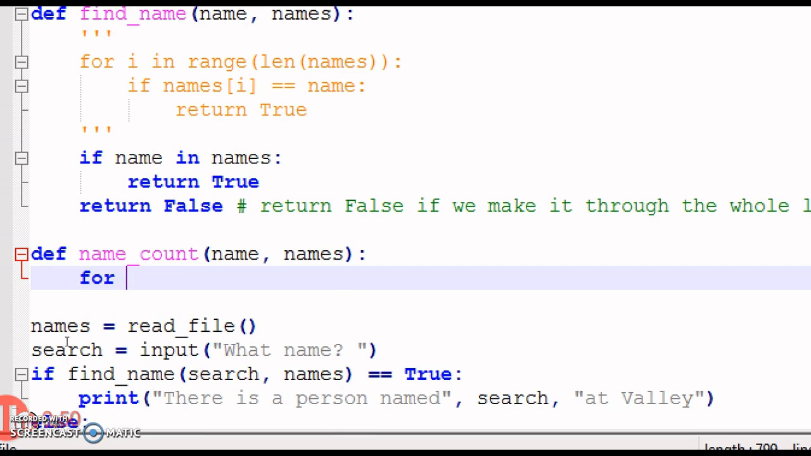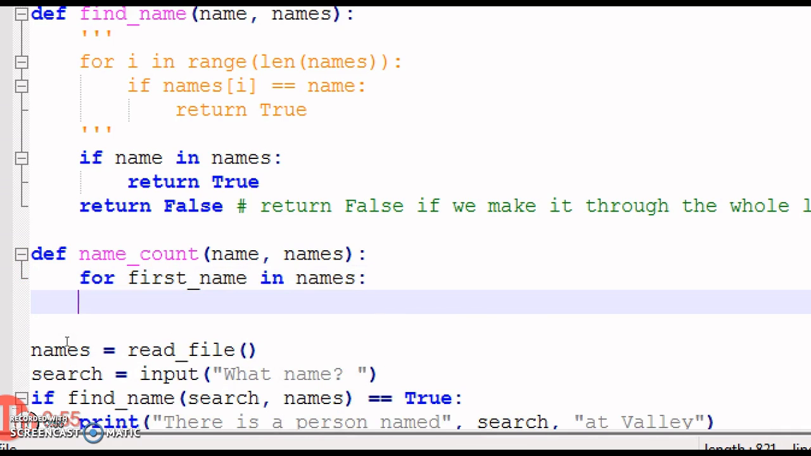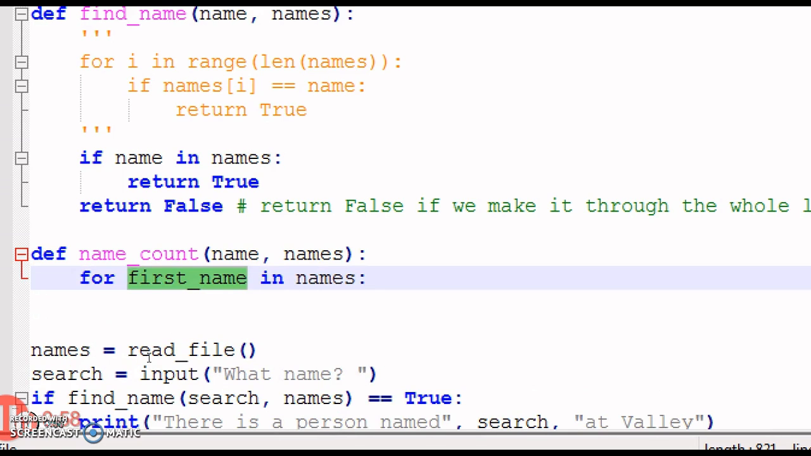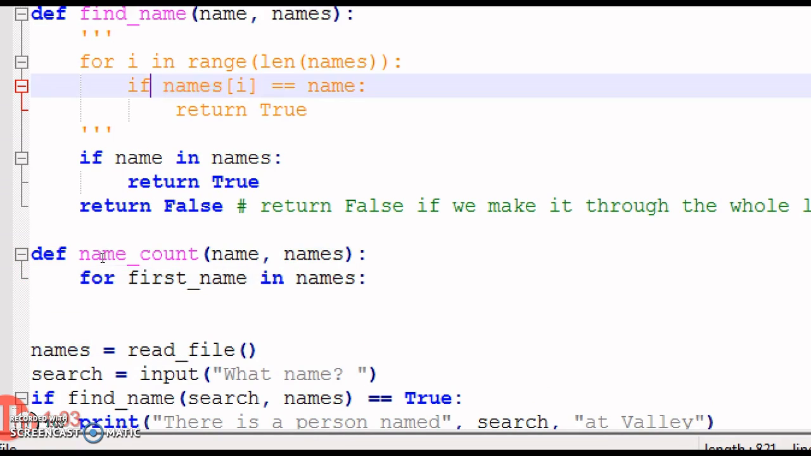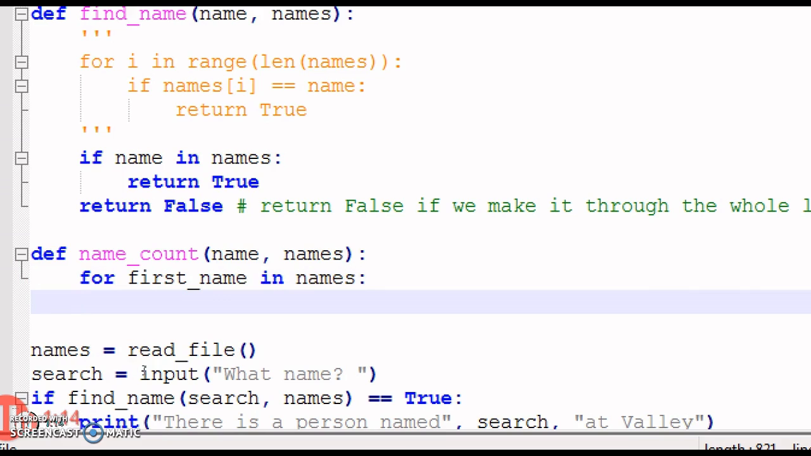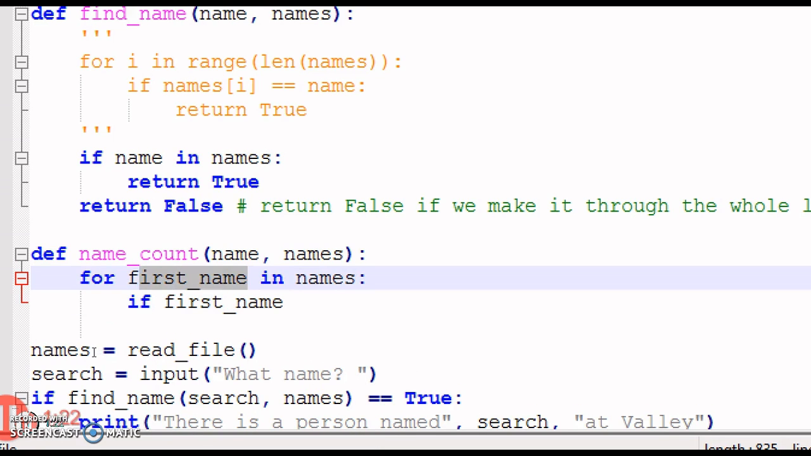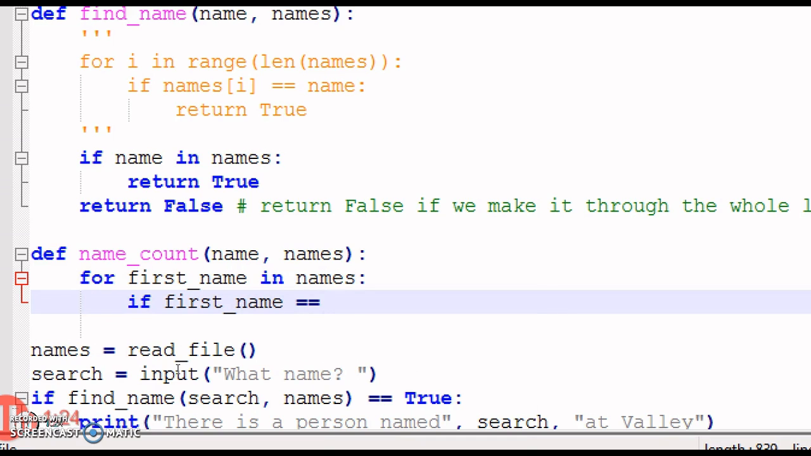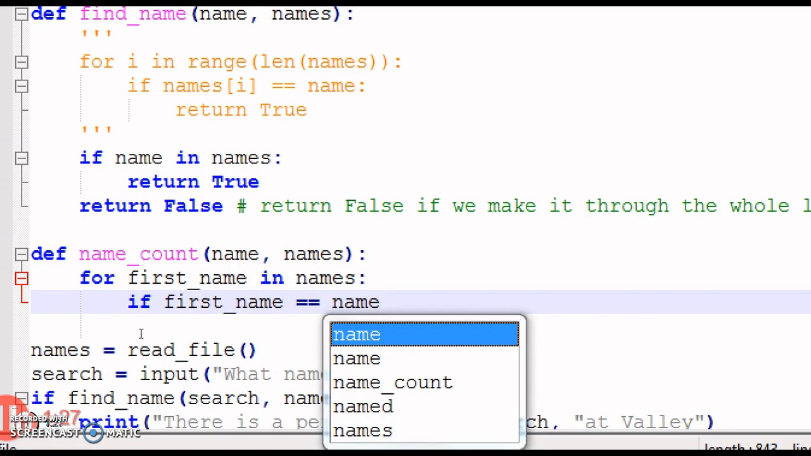So I'm going to go for first name in names. And that first name variable is going to represent one at a time each of the names in names. So it's going to do the same thing as this up here, except without the indexing. We'll just be referencing the first name as first name as we go through it. So now we are going to look for matches. So if the first name that we're looking at, again, that's going to be a first name from the list, matches the name that we're searching for, which was the name that we were given,